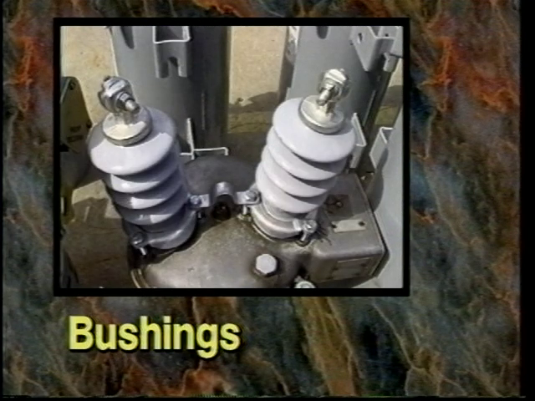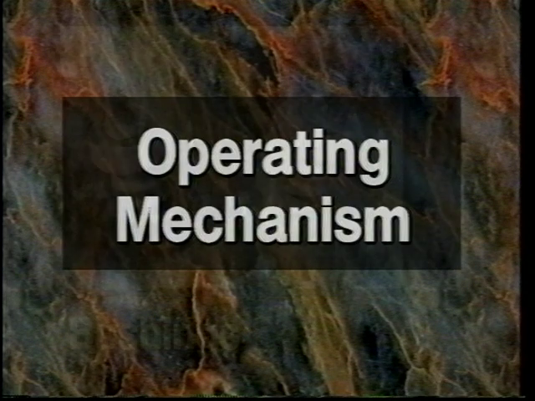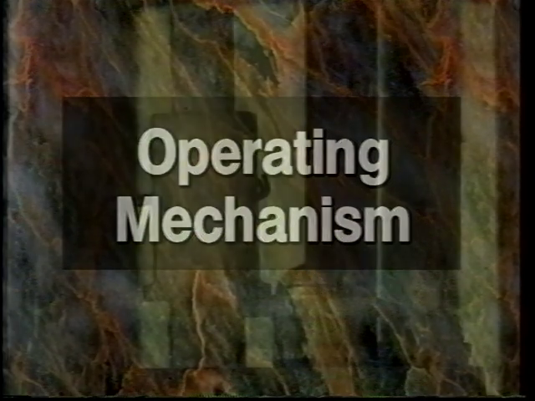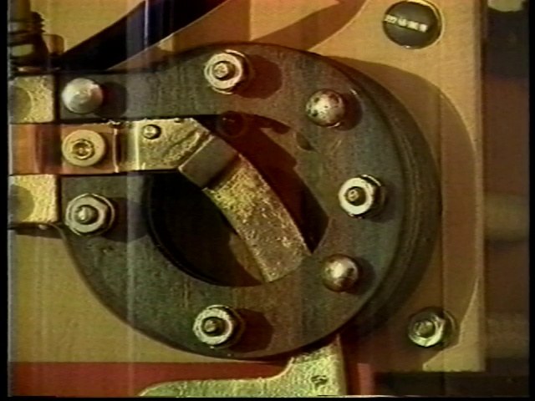Bushings. The bushings are the insulating structures with provision for mounting on the top of the recloser. Operating mechanism. The operating mechanism of the automatic circuit recloser provides the power to open, close, reclose, lock out,